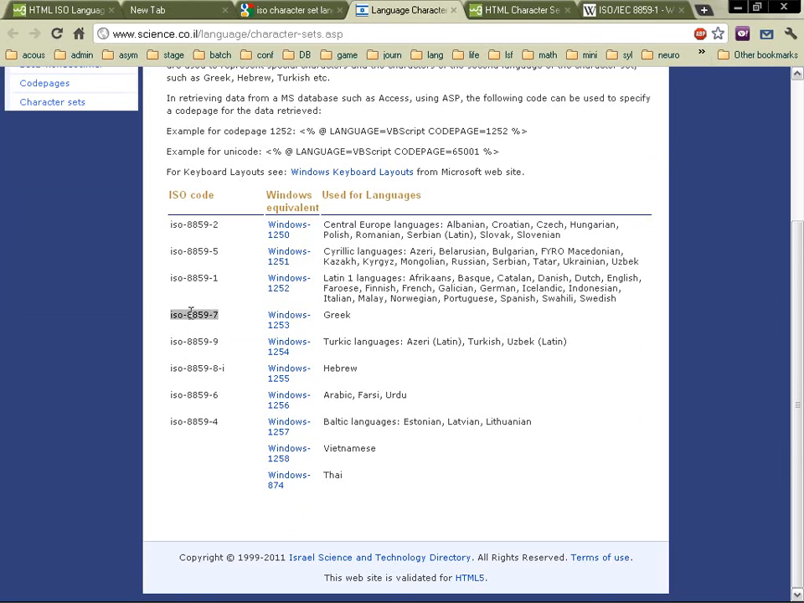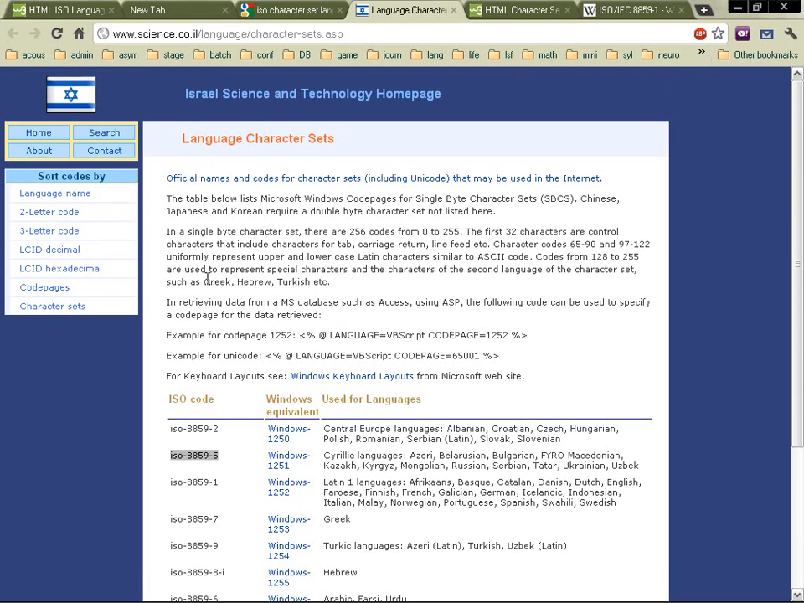One is for Western languages, Latin languages, and then you've got the 5 for Cyrillic, and then the 2 for Central European, etc. The 6 for Arabic, Farsi, and Urdu. There you go. So when you need a specific language, you can just use a specific ISO code for the whole document. However, if you mix and match, so you use different alphabets in the same document, you could use